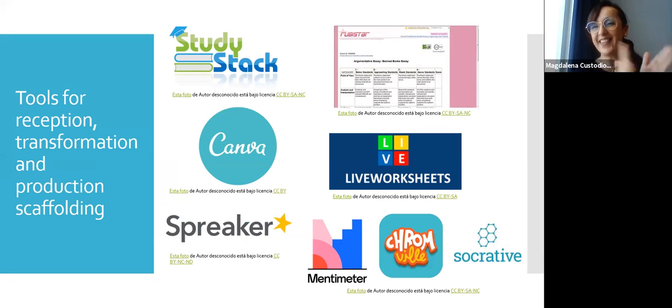I, of course, include Study Stack to create glossaries, games, and vocabulary exposure for students as reception scaffolding. Also for reception scaffolding, an interesting tool to create rubrics in less than 1 minute, as I demonstrated in the video in the other J-CLIL talk. And I have also included Canva, because in Canva you can create beautiful infographics. You can make lots of different material to display visual final products,